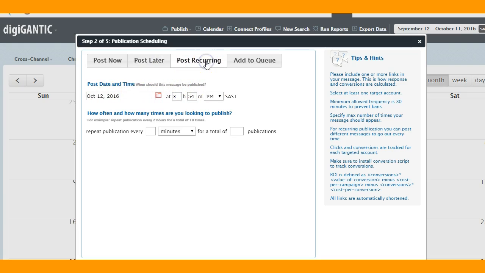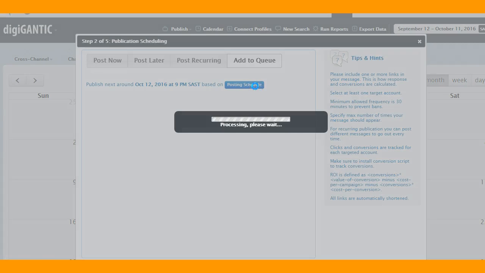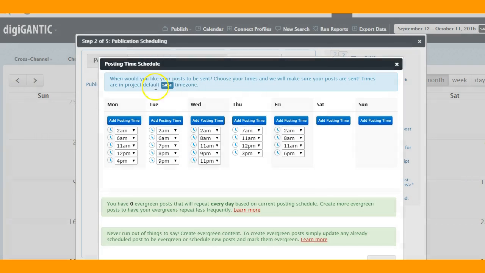I can use our recurring posting schedule. So for instance, if this is an article that you wish to go out on an ongoing basis, maybe every 2 weeks or repeated on a regular basis, or I can add it to a queue, which basically is a link to our posting schedule, which is also something that is being discussed in a separate post. To give you a quick indication of what the posting schedule looks like, I can set specific times,